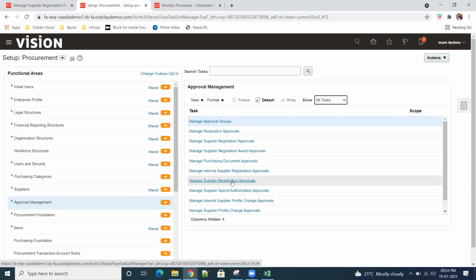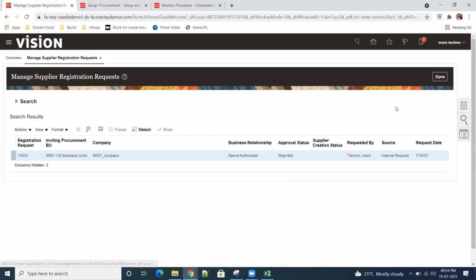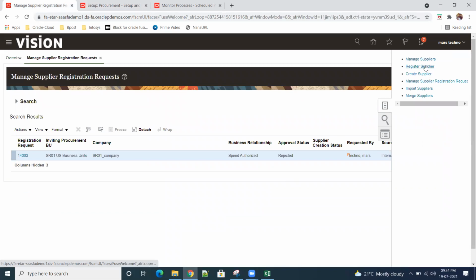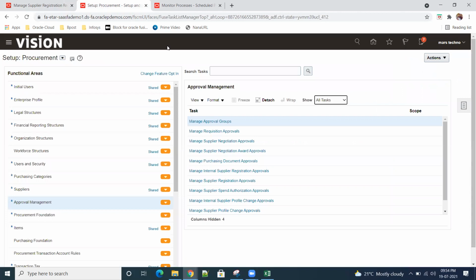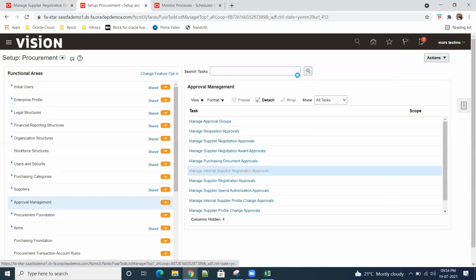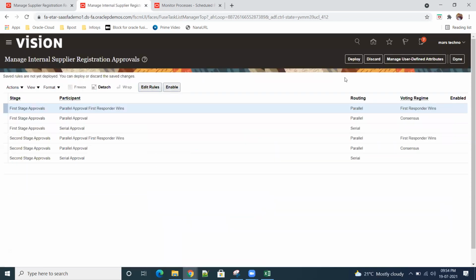External. Internal is if you are selecting that option from supplier manage registrations or create registration. Did you select that option? No, we selected from here only, right? This one only we selected. If it is through that internal portal, then it is internal supplier registration. See here, nothing has been enabled.